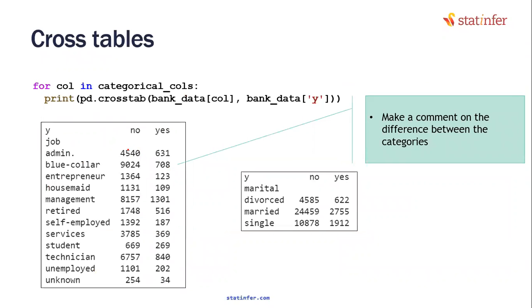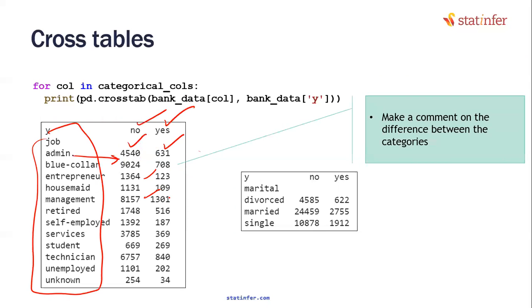You can show direct numbers or you can even show the percentages also. This is the job category. These are the number of columns. These are the number of rows. In each category, you will see that when it is admin, more people did not buy the insurance, fewer people did. Like in each category, you show that information. If the same pattern is repeating, then there is not much. You will say these two categories are not related. If there are particular 2 or 3 categories that are showing an inverse relation, then you would say yes, there's a relation.